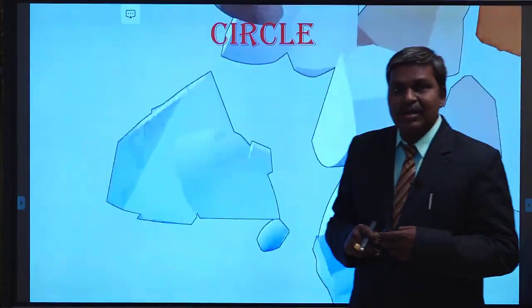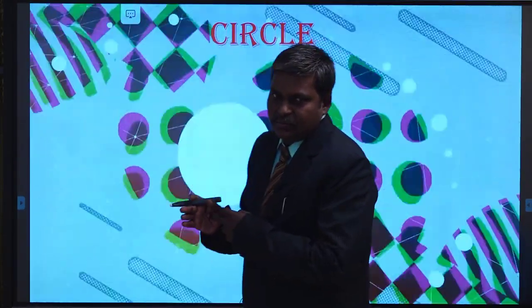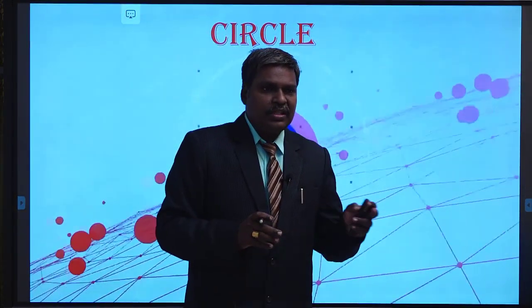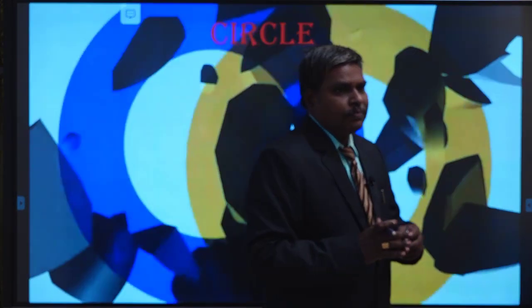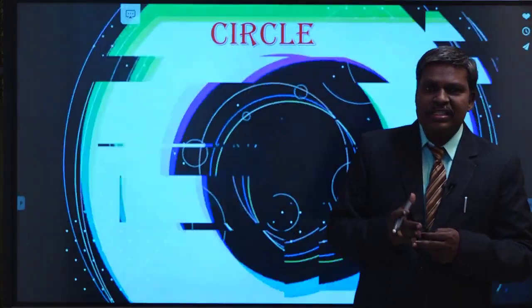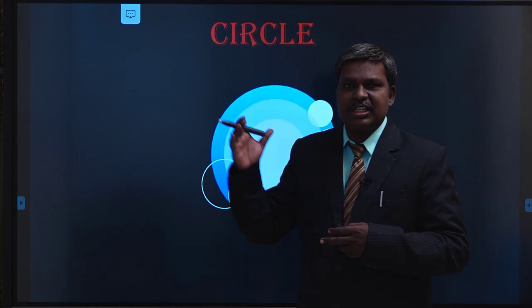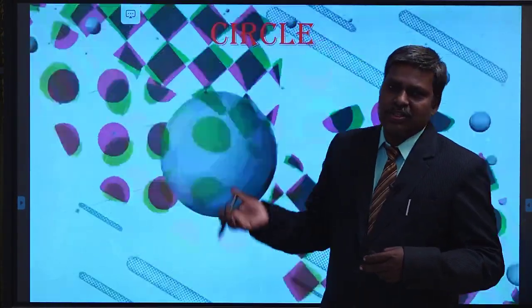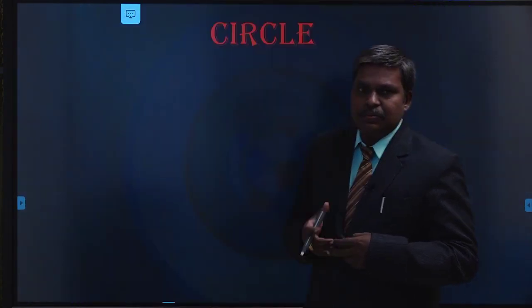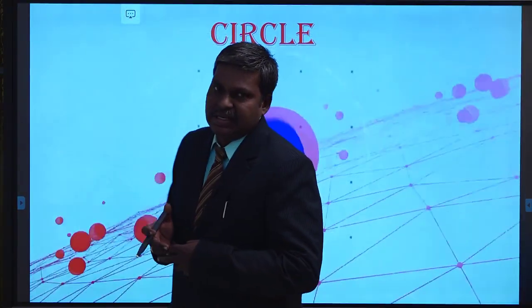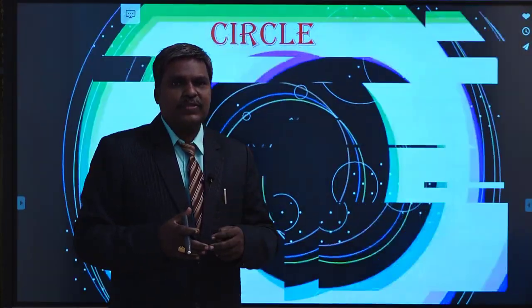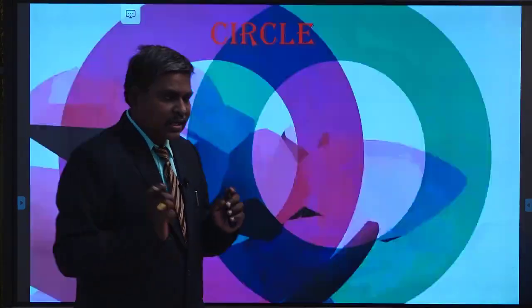Here P is called what? Pole of that line. We mean polar with respect to the circle S equals 0. In this way we can define pole and polar with respect to the circle. Pole is defined for a line with respect to the circle. Polar is defined for a point with respect to the circle. Pole of circle, polar of circle, these have no meaning. So we have to define pole for a line as well as polar for a point with respect to the circle.